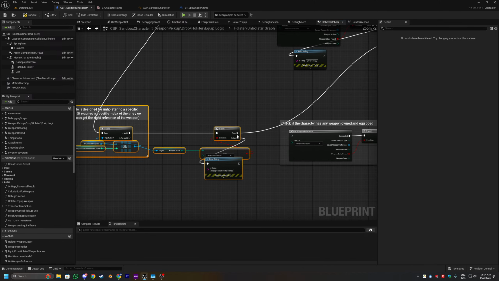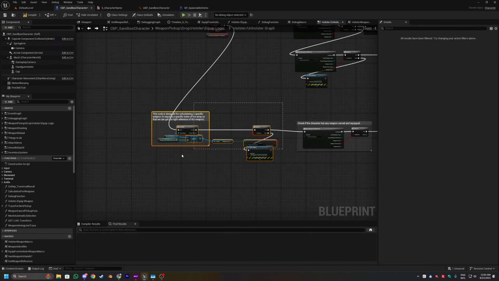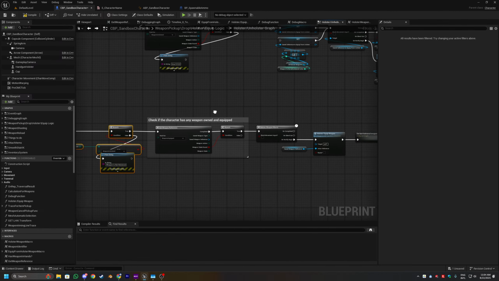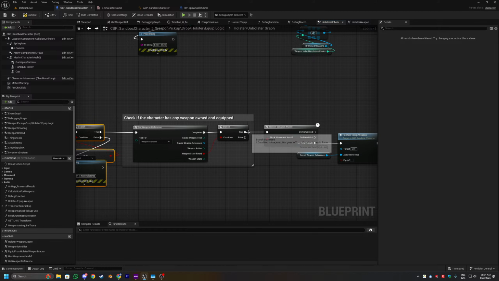So all you gotta do is check first if the character has any weapon owned. Now, if it does have any weapon owned, then we're gonna have to holster that weapon. So in case the player wants to pick up a weapon, just equip a weapon that is holstered, and the character already has a weapon equipped, we're gonna have to holster the weapon that is already equipped on the character first,